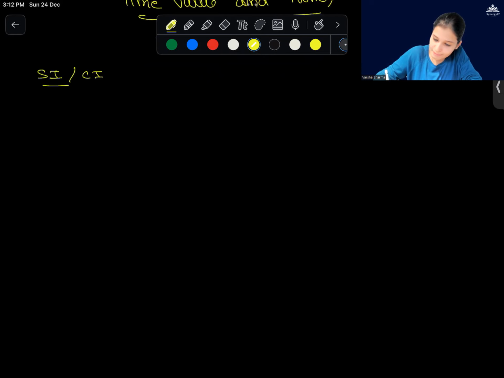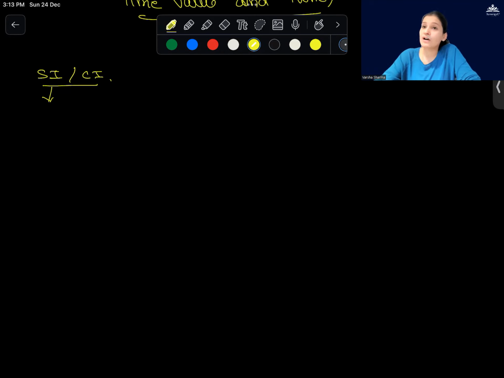We'll start with the concept of SI and CI. Please write with me. Simple interest and compound interest. Simple interest means the interest remains the same for each year. And in simple interest, there is no concept like half yearly, quarterly, semi-annually, monthly. There is only one concept, annually. So if you're given a monthly interest, multiply it by 12 to make it an annual interest. Even if you have been given a quarterly or half yearly interest rate, multiply to make it the yearly figure. And then follow the sum.